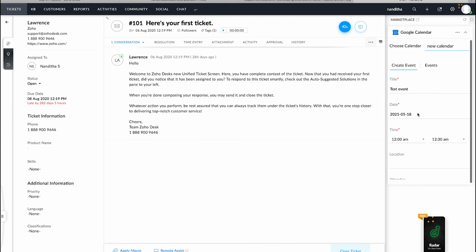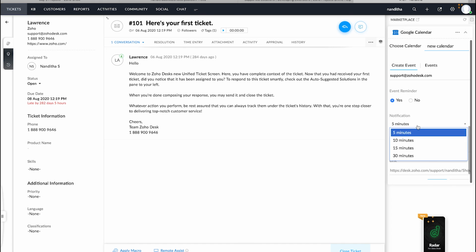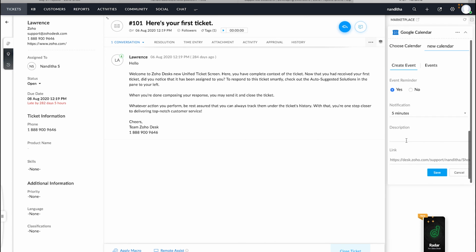So on providing the mandatory details, along with that you can provide additional details, like you can either choose to keep an event reminder, or notification time slots can be given. And then you also can provide a description, along with which you have the link of this particular ticket details page. So on clicking save,